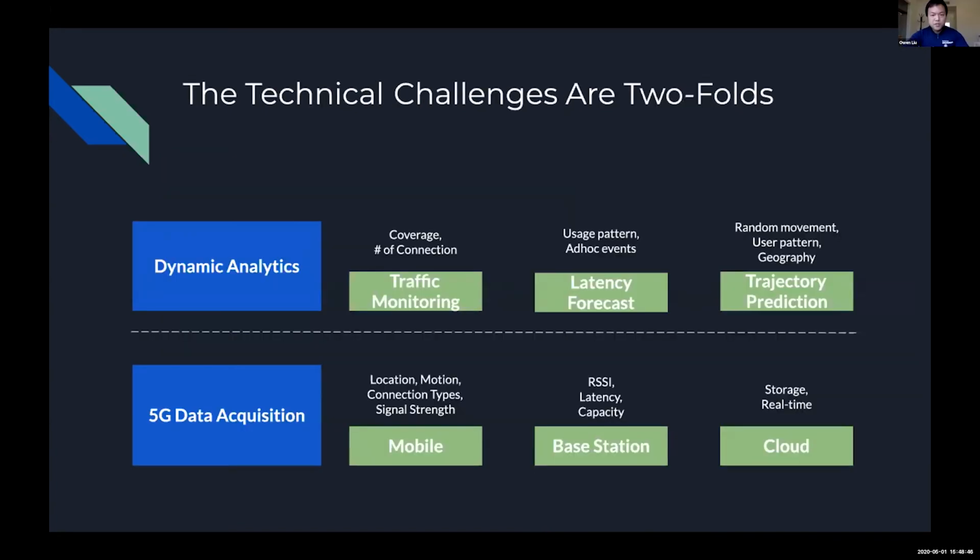As you have learned so far, our 5G Coverage Dynamics project is operations oriented and data driven. The challenges are primarily two aspects. One is data acquisition. We identify two major sources of data: from mobile devices, where we collect location, motion, and net connection type. Another major source should be the base stations, from which we can get more accurate latency and signal strength